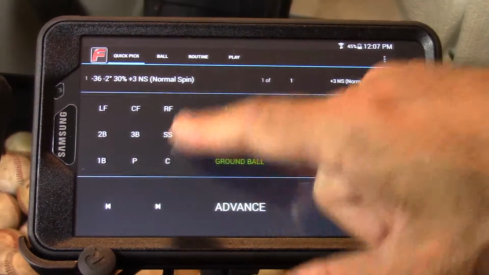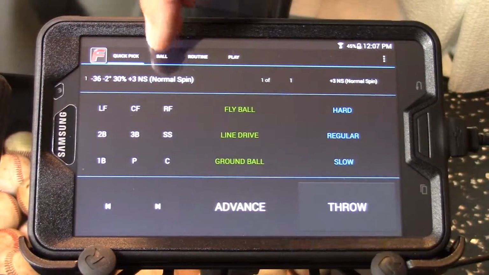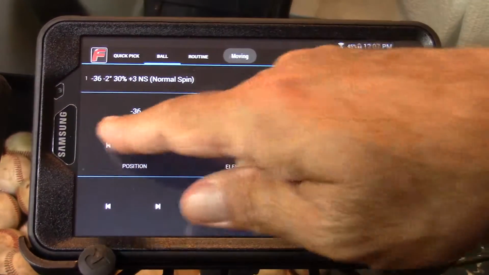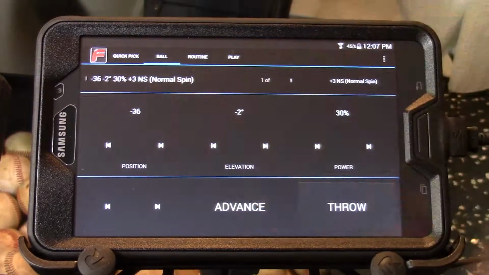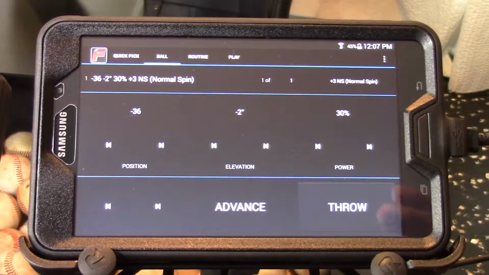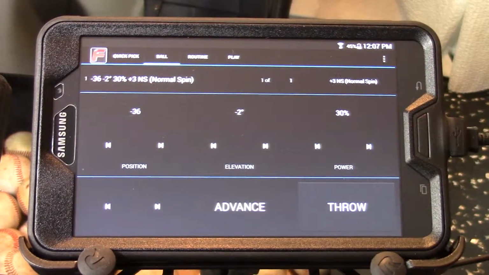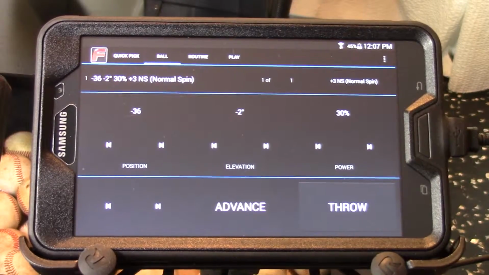actual positions from pitcher all the way to the outfield. But when you're on the ball page, it has a number. That number is a coordinate based on the field. The field's been divided up into degrees. So 0 degrees is center field, negative 45 degrees is the third base line, and positive 45 is the first